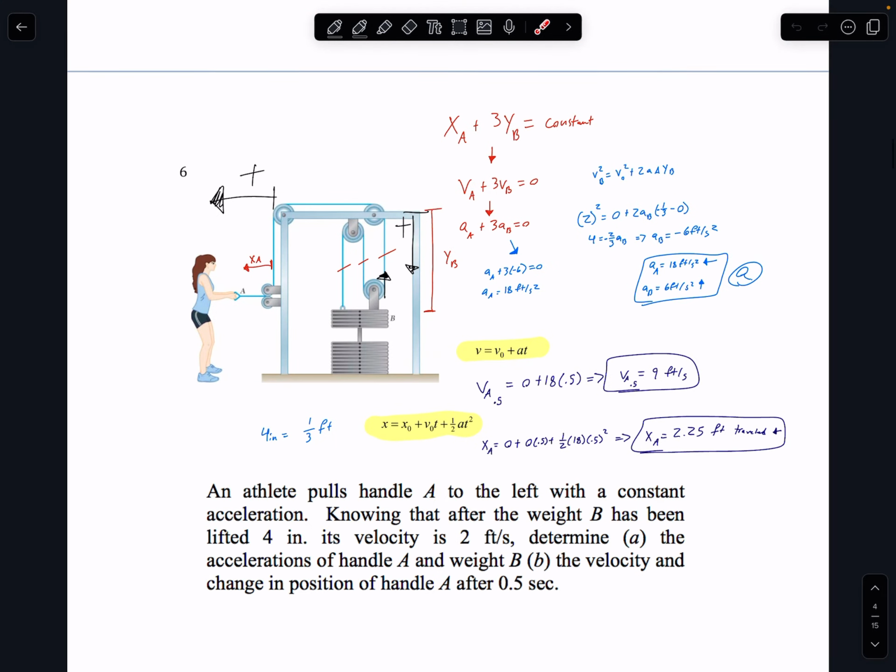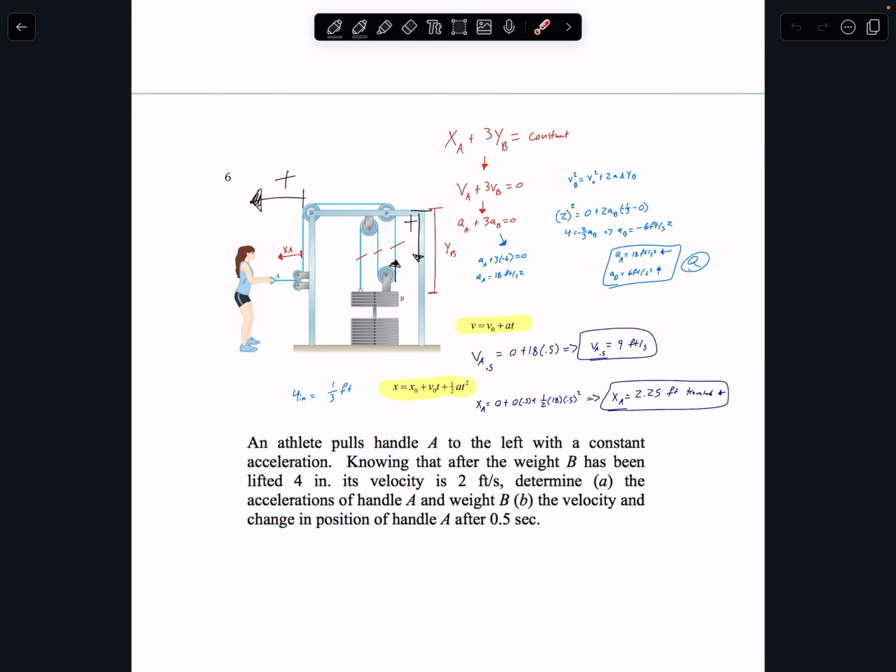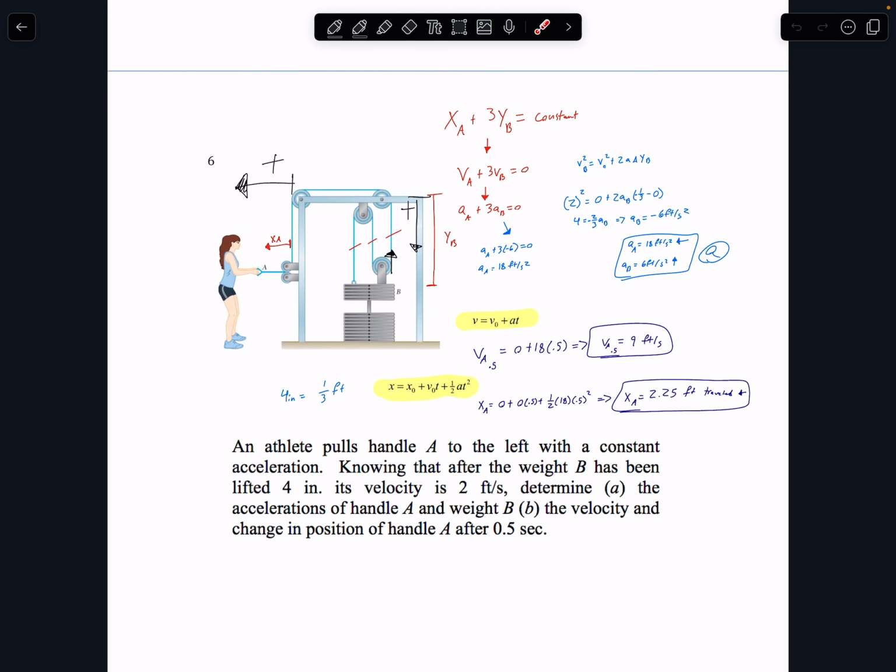Then we covered a few geometric constraints as well, like this guy here, number 6, and I believe number 14. First you have to set up which ways are positive. So we have our x at point A, how far the rope is moving there. We know the length is constant between that part and this part. I'm going to explain this in the